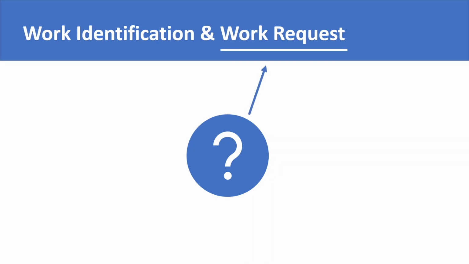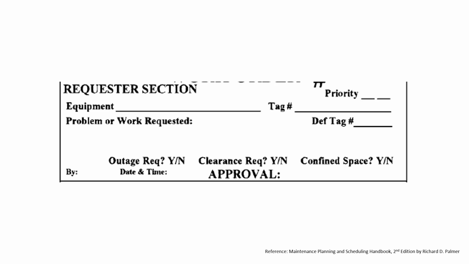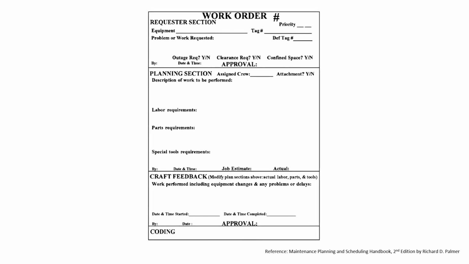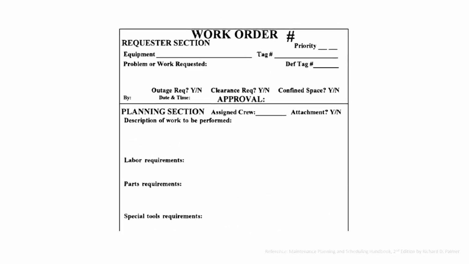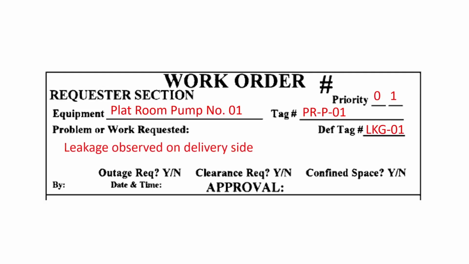The operations team will have to submit a work request. There is a form that is needed to be filled for submitting a work request. Generally, work request is integrated in the work order form. The work request section of this form requires the requisitioner to fill out some basic information regarding the identified work. In the example that we have taken, the details of pump and its leakage will be filled into this work